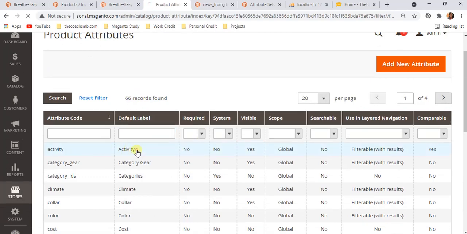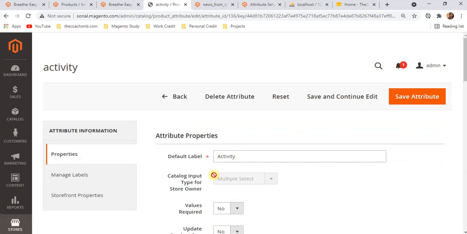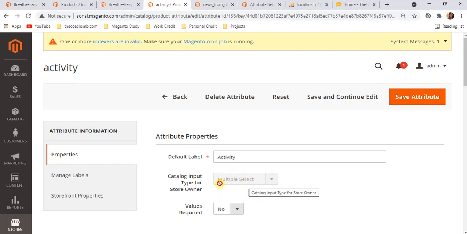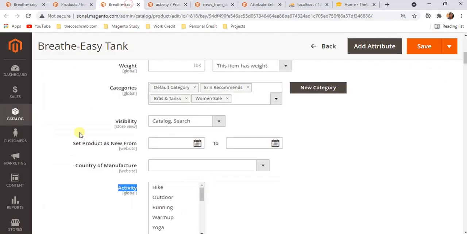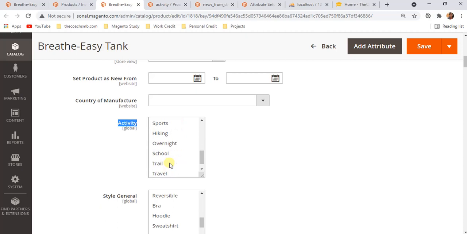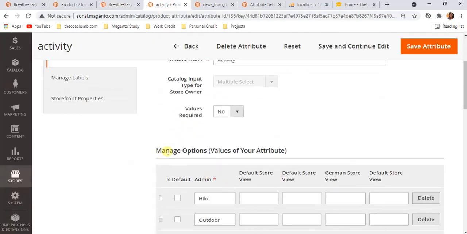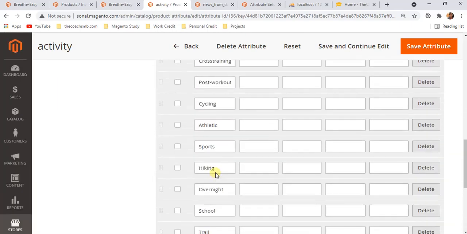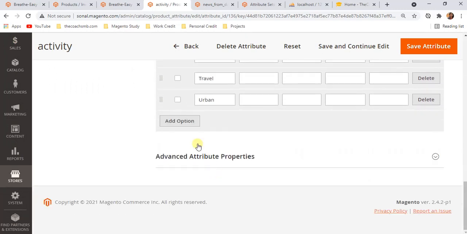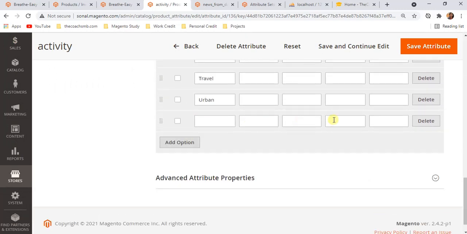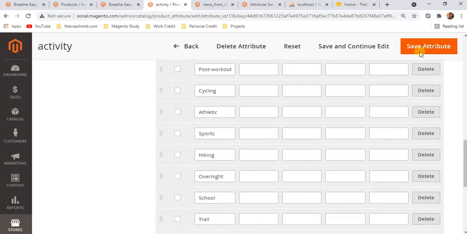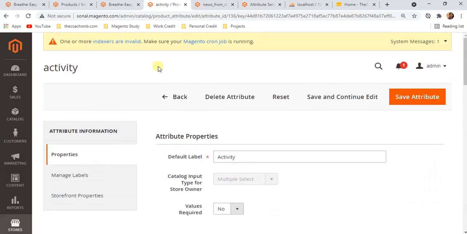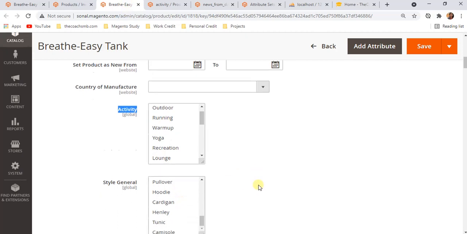Let me click over here. Yeah, so multi-select option is there, right? So input type multi-select will show up. We will see like this, but how to add values for this attribute? Let's scroll down, manage options, and here you can see these number of options. If you want some more, you can add, click on add option, and that will open up this page. So you can add some text and save. Simple, right? So clear with this data type?